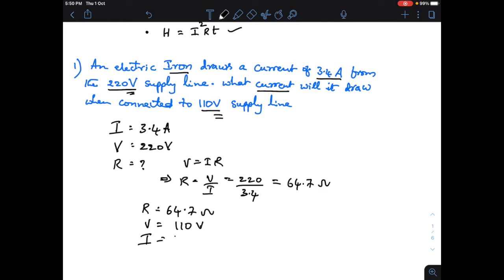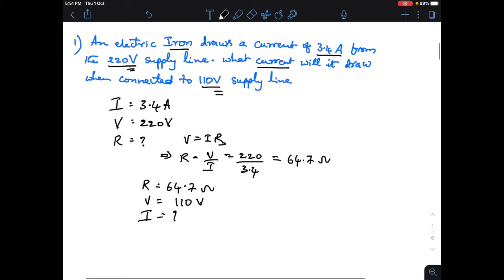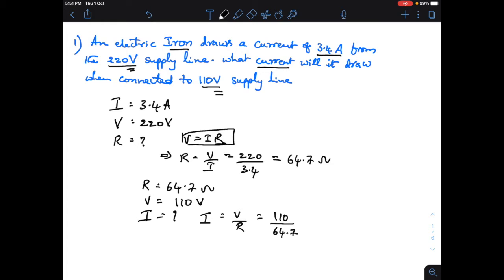Which means I need to calculate I. From the same formula, V is equal to IR, I is equal to V by R. That is equal to 110 by 64.7. That comes out to be 1.7, and the unit of current is amperes. So the answer is 1.7, that means 1.7 amperes current